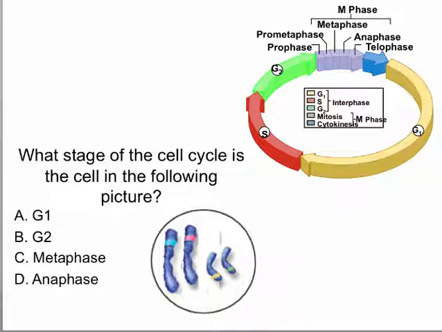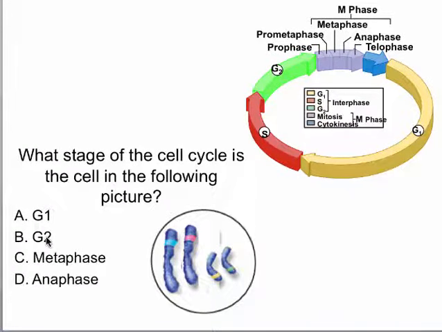What you can see here is that the chromosomes have not duplicated yet. So they are single chromatids. This chromosome is a single chromatid, which means the cell has not duplicated its DNA. So it is before the synthesis phase. And clearly it has already divided because the chromosomes are single chromatids. So this cell will be in the G1 phase.